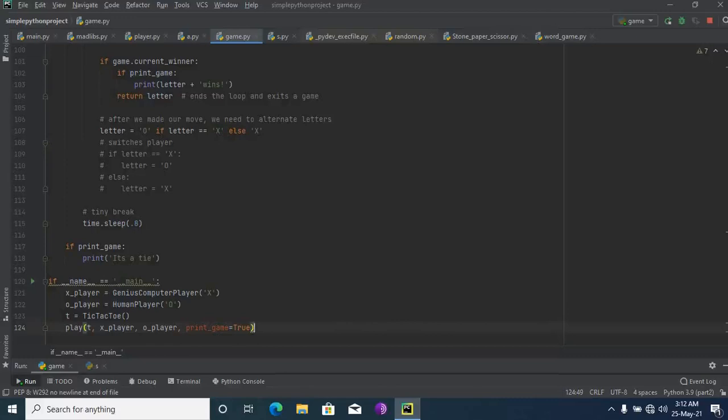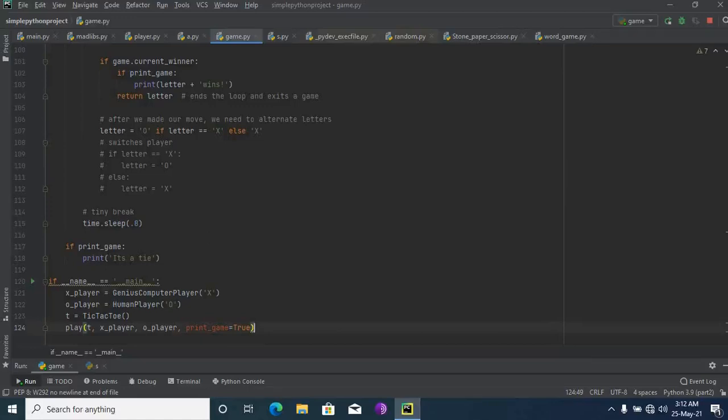Then if this fails, and neither of them wins, it's in the same position, then it's a tie. Nobody wins, it's a tie. Then we'll start the game from the first.